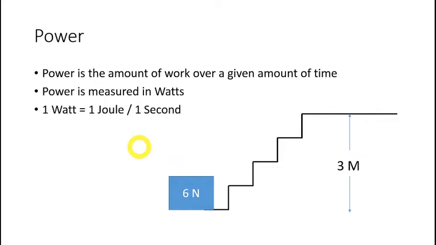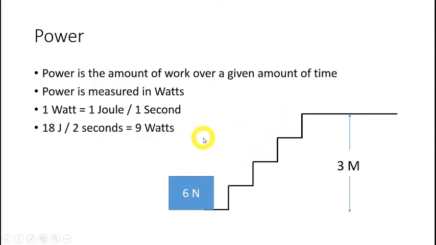Okay, so let's apply this same example to this new definition that we have for power. We know with 6 newtons and 3 meters, we're going to have 18 joules of work to move that box up to the top of the stairs. But let's say that we do it in 2 seconds. That's the time that it takes us to get up to the top, and so we divide our 18 joules by our 2 seconds, and we're using 9 watts of power to actually get that box up to the top